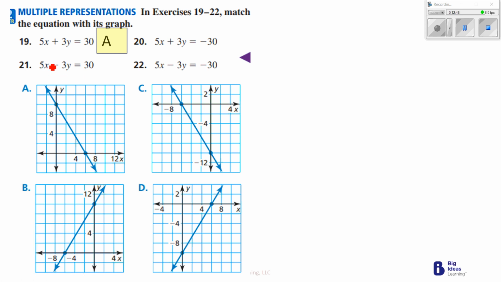once again, if I'm looking for x, then I would make y 0. That would give me, right, I'd have to divide by 5 then. 30 divided by 5 is 6 again. So that leaves me the other one with 6. No doubt it's going to be D. And just to make sure, when I'm searching for x,